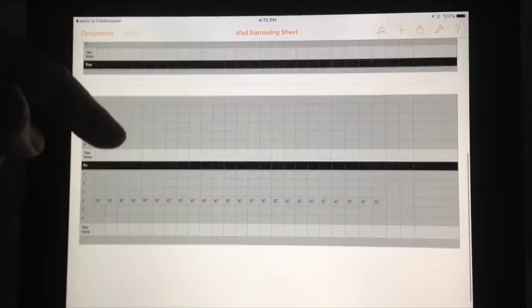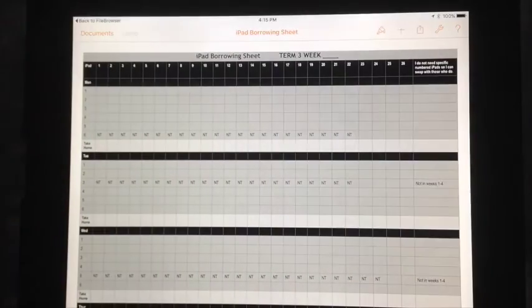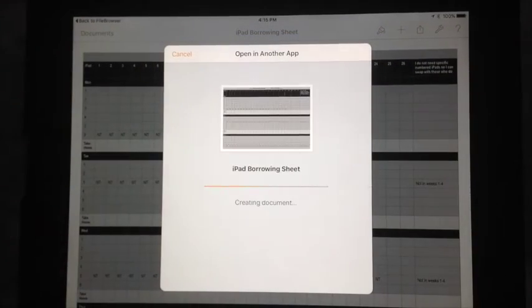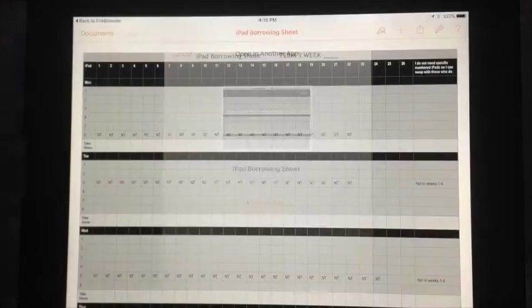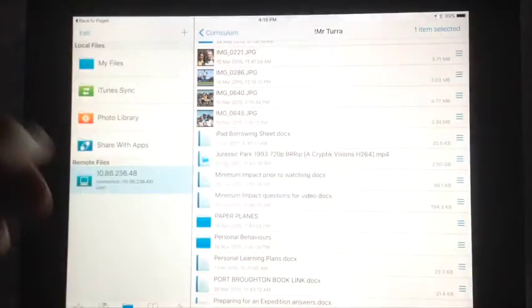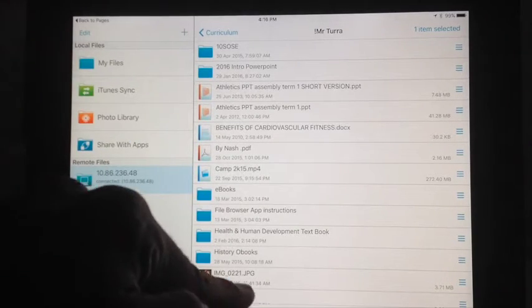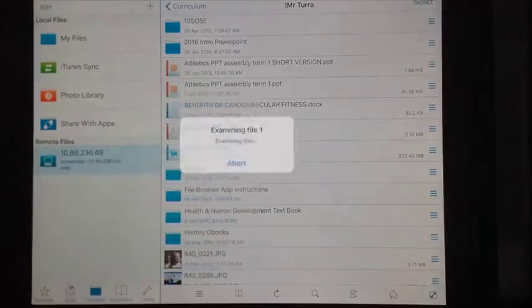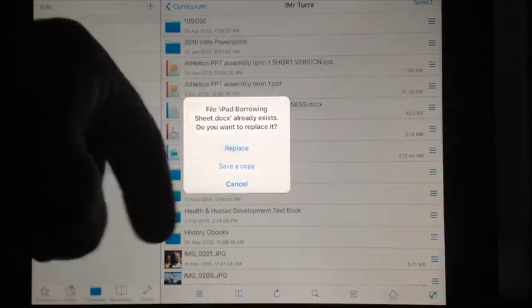Now if I want to send that back to the school system, I do something on it. So if this was a student piece of work and they wanted to save it into their student folder, the share button, open in another app, we'll turn it back into a Word document. We'll choose the app, we select File Browser, so we need to select where we want to save it, Mr. Tara, and I'm going to save it back in here, this function down the bottom. Tap on that, paste one file, and of course there's already that document there, so we're going to just replace,